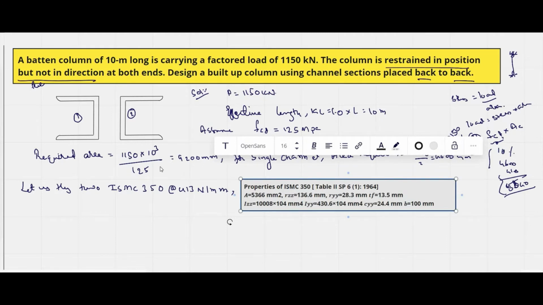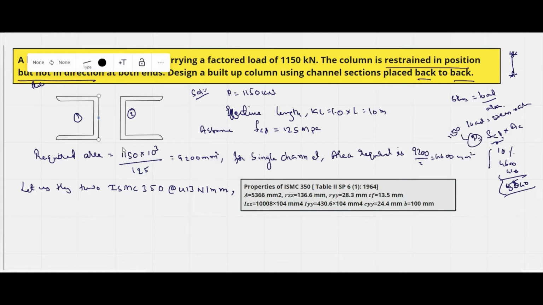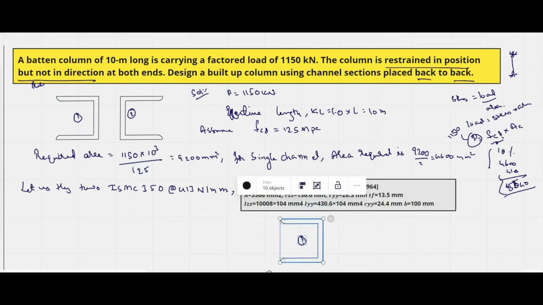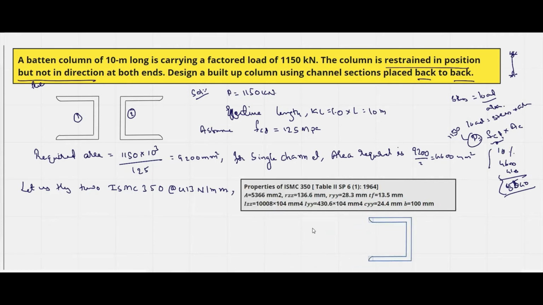This area and this z-axis are only for a single angle. When we consider only a single angle, the specifications are only for a single angle. So see here, when we are considering a single angle in our solution, it has been shown that,